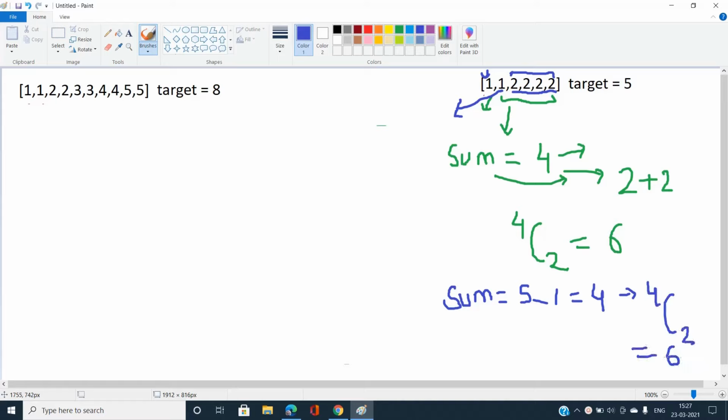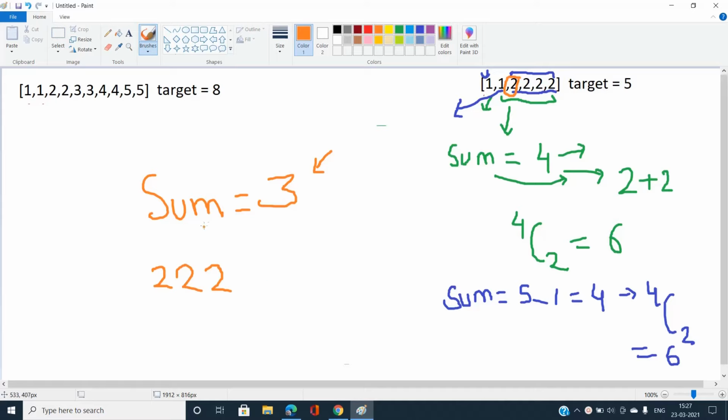And if this is done, let's move over to the next index, that is, let's take this 2. If I have taken this 2, my new sum would be, let's write it down, sum equal to 5 minus 2, that would come out to be 3. And what are the elements to the right of it? Elements to the right of it are 2, this one. And you can see for getting the sum equal to 3, we need to find a pair or number of pairs that will give the sum equal to 3.